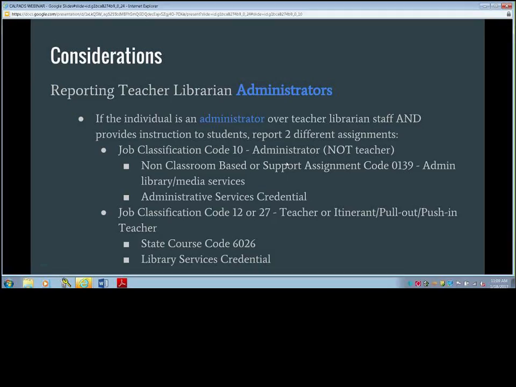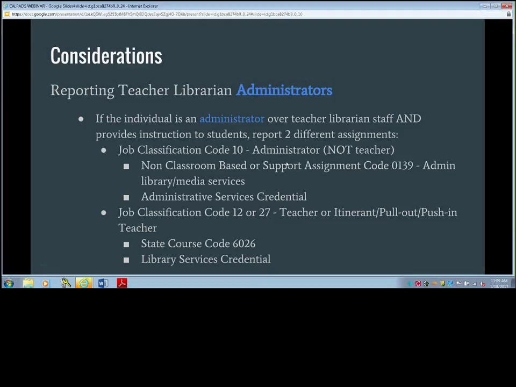Okay. So if the individual is an administrator and they also provide services, there is an opportunity for you to actually report both of those assignments in CalPADS. Well, thank goodness. Yeah, so that you don't have to choose.